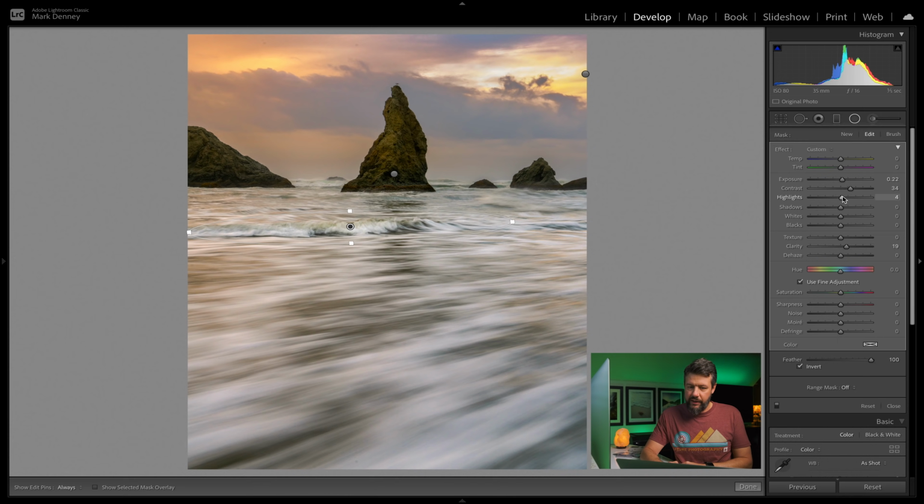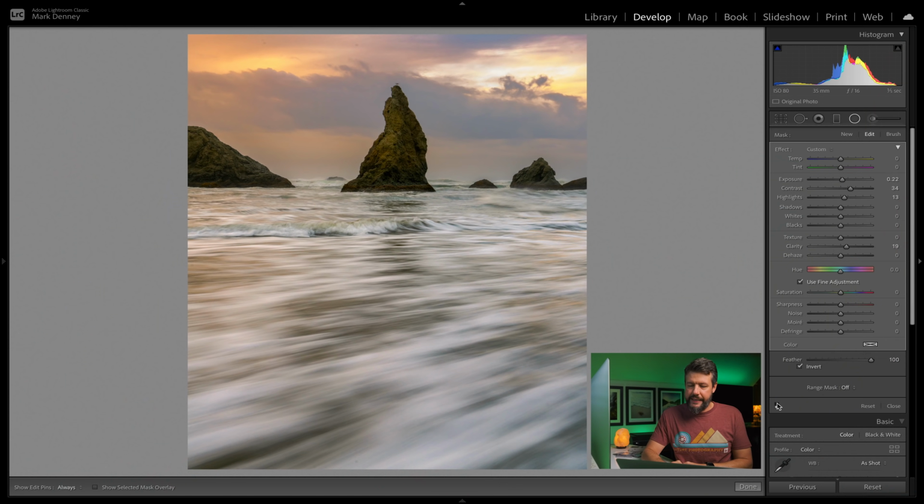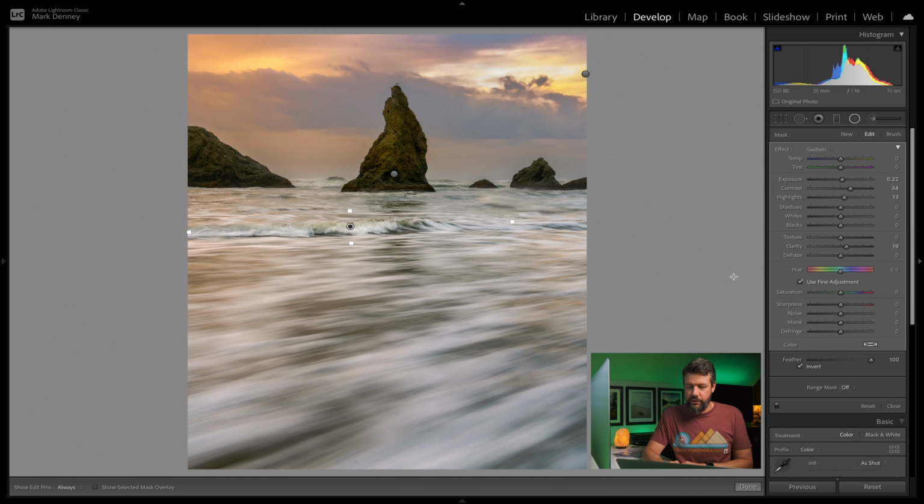Maybe even increase the highlights just a little bit, mainly because I want to make sure that that wave or ripple doesn't get lost in the overall image. So I want to bring a little bit of attention to that area because it's great midground interest. And then let's toggle that on and off. That's before and after. So you can see it just kind of lightly highlighted it, but it just increased the odds that the viewer looking at this photograph might not miss it. So just wanted to brighten that up a little bit, bring a little bit of direction or attention